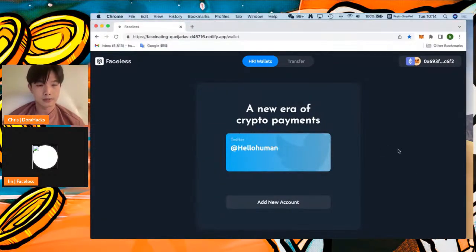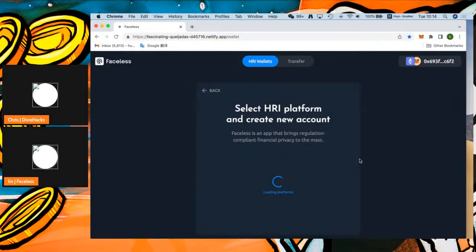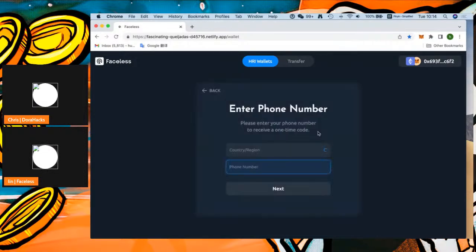Keep going. So we already finished both the front end and back end development of this project, but we're still working on the integration. So now you're gonna see the front end of our product, just to give you an idea of how our product works. You can see here, basically, it's sort of like a wallet, right? In the wallet, you already have one Twitter account as your HI account. So now you maybe want to add another HI account. The first thing you need to do is to select the HI platform you want to add, right? So let's say you want to add a mobile number, okay?